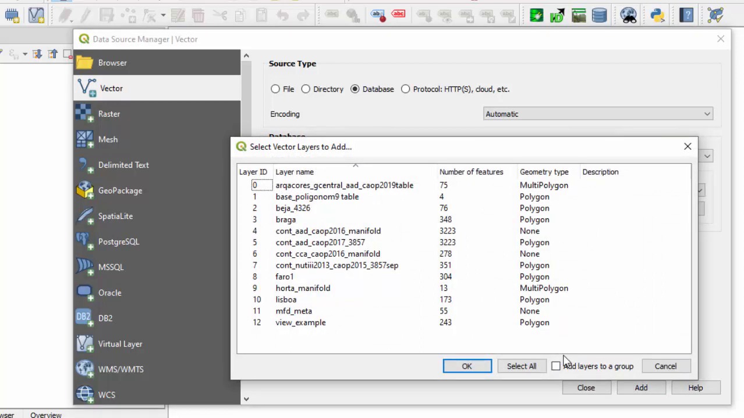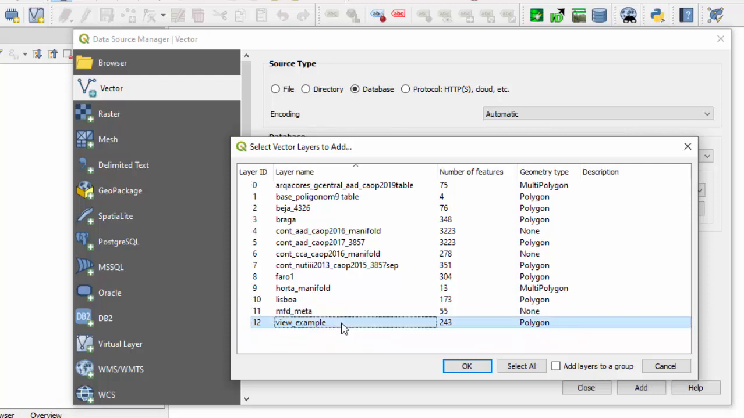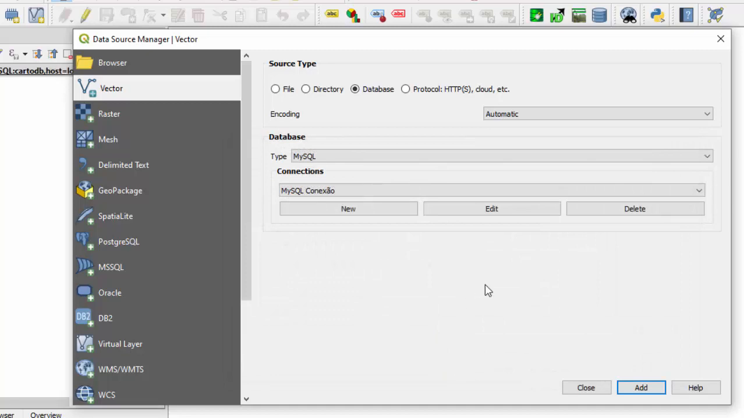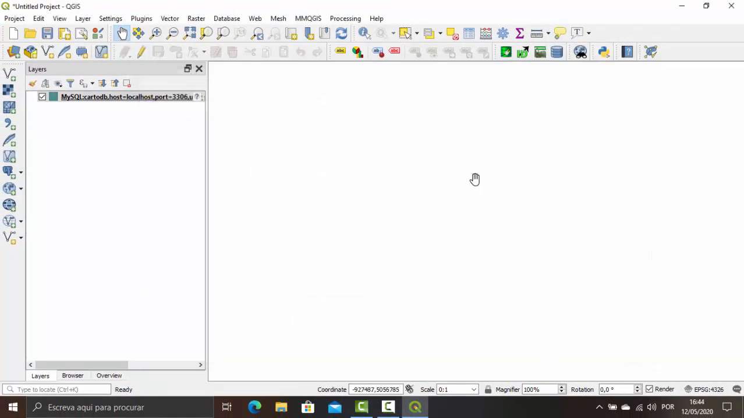On the Select Vectors Layers to Add window, I can see all the spatial tables and views that are stored in my schema, the CartoDB. Forward, I select the view that I have created on the previous step, and I click OK to open it. After, I may close the Vector Layers window. If everything is OK, I will be able to see on the QGIS interface, the geometries corresponding to the view